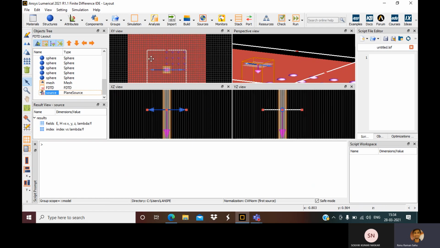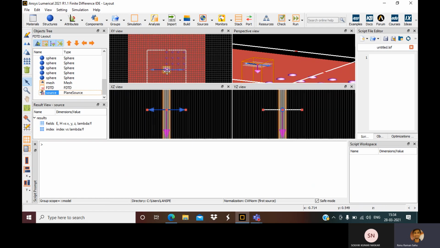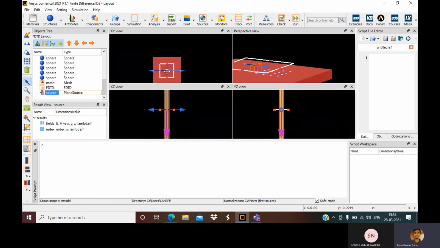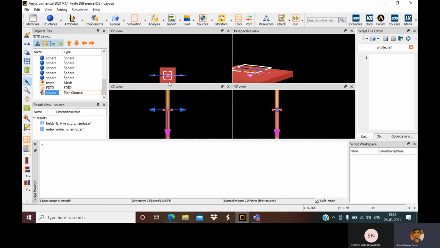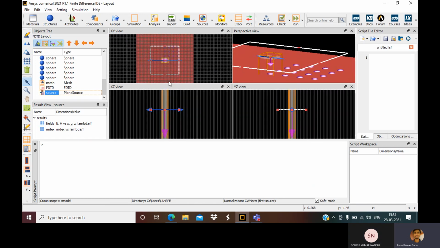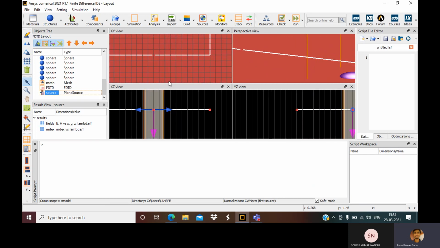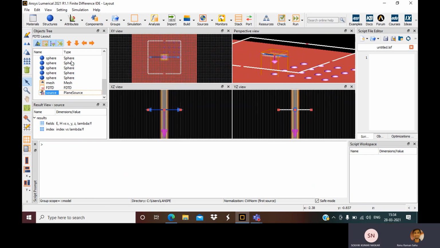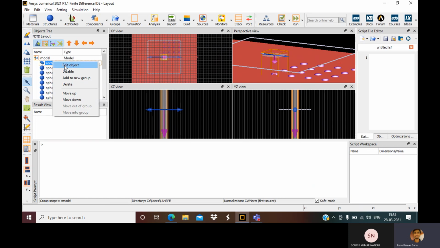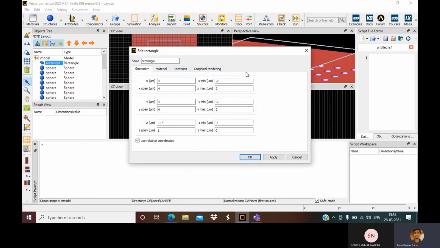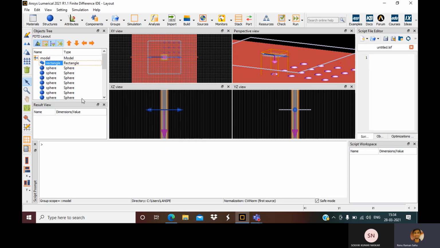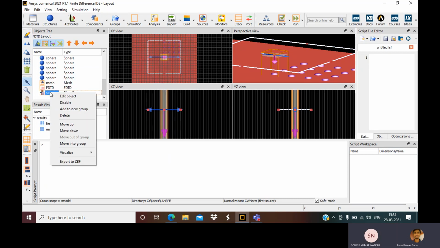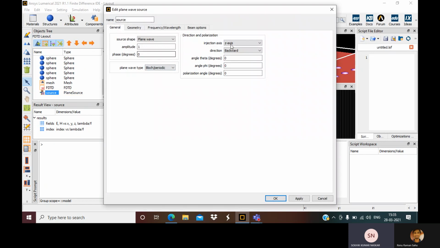So what I have here is, for the XY view, it should be beyond also, right? Yes, so that's what I'm doing.